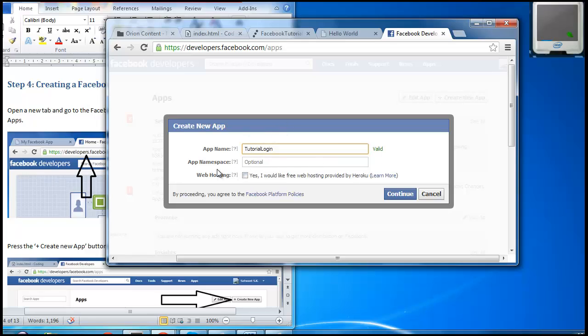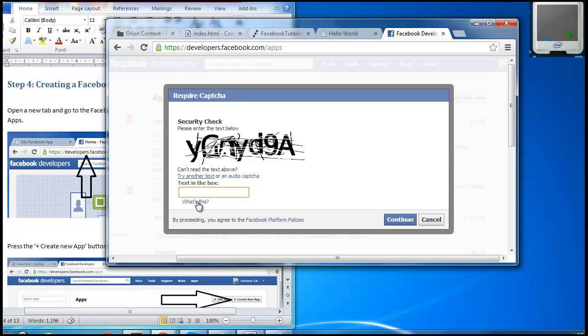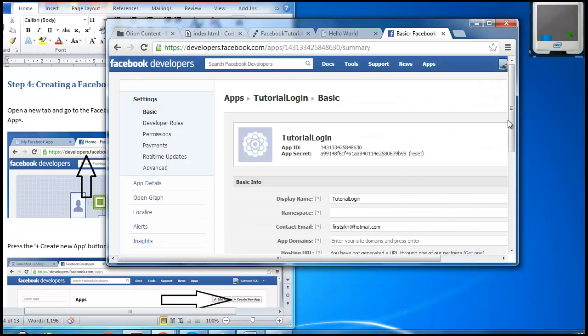What we're going to do is we can fill in the namespace. I'm going to leave that blank for now. Web hosting, we want to make sure that's not pressed and not checked because we're using Orion Hub for hosting. That's where all our files are. So once we've put in an app name, we can go ahead and click continue. We want to then put in this security check, and hopefully I'll get this right, although I always seem to get this wrong the first time I try it, but let's see. Great. Okay, so once we have logged in,